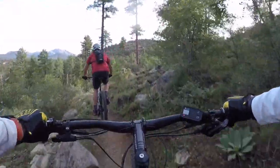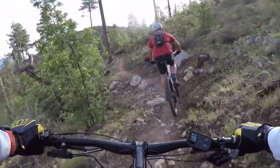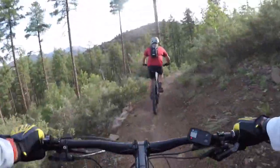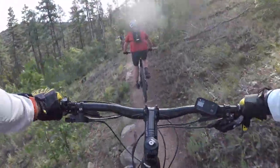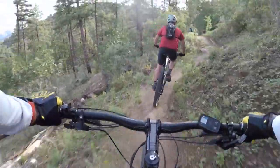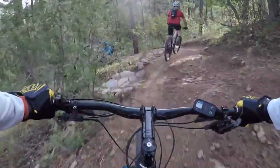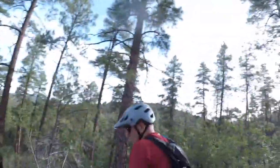Now the next hairpin turn is to the left, and I'm kind of following Randy a little too close here, mainly because I'm trying to film the ride. But he has trouble negotiating this turn, and I kind of ram into the back of his bike. Nobody falls or gets hurt, but still, it's a good lesson that you shouldn't really be following close, particularly on these steep downhills. Oh, geez,